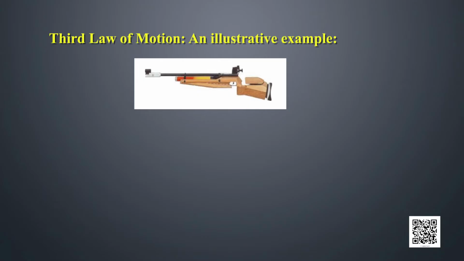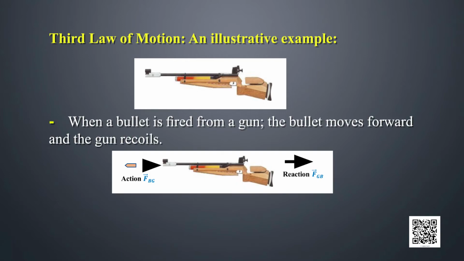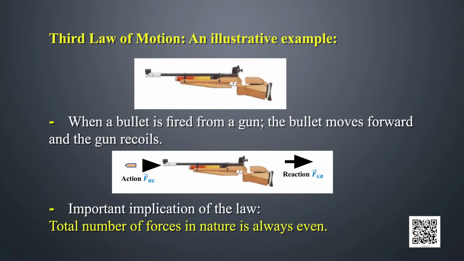Let us now take an illustrative example of the third law of motion. Consider a bullet gun system. When a bullet is fired from a gun, the bullet moves forward and the gun recoils, that is, it moves in the backward direction. An important implication of the law is the total number of forces in nature is always